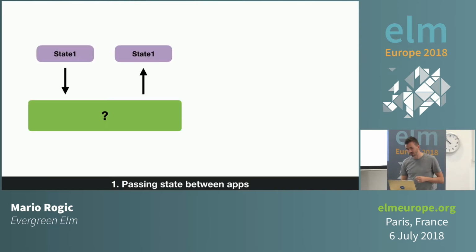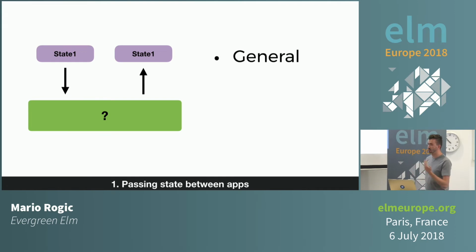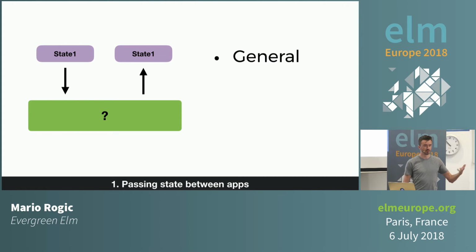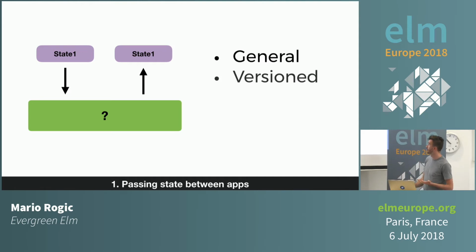So let's page it back a little bit and think about our specific problem and the kind of properties that we would want here. And these are the ones that I would propose. First, we need this to be general. Ideally, anything that we put in our state, any type that we use from Elm, we would like to be able to get back at some other point, with a couple of exceptions for types that don't make sense, such as functions.